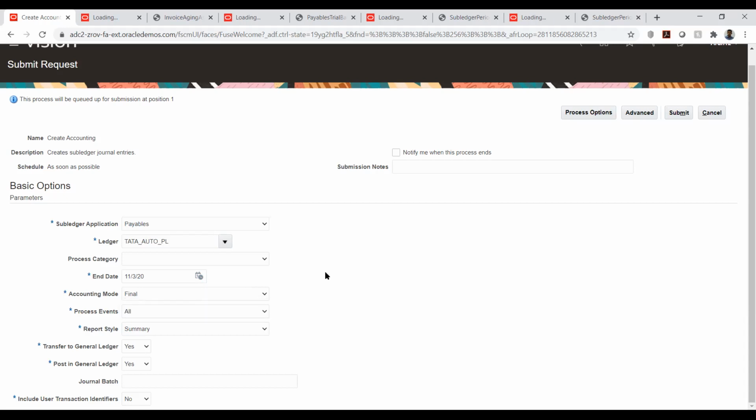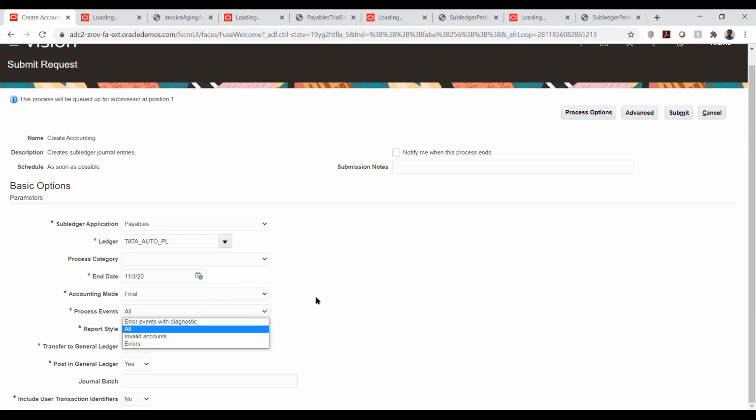Draft is nothing but it will remain only in the payable module and process all events. Events are again an SLA term. If a particular event is in error and we want to have diagnostics, we can enable error events with diagnostics.